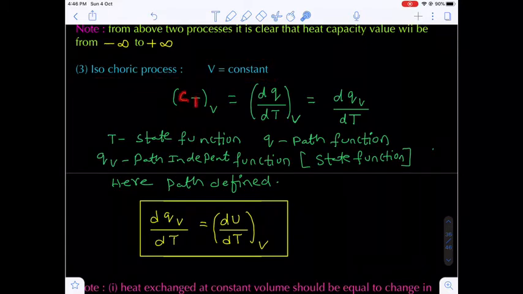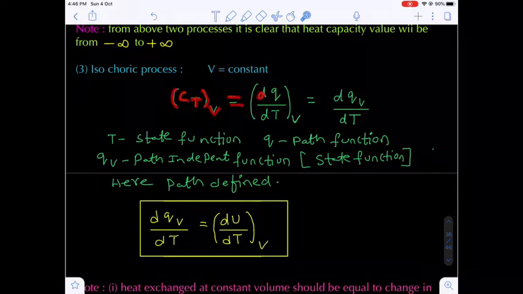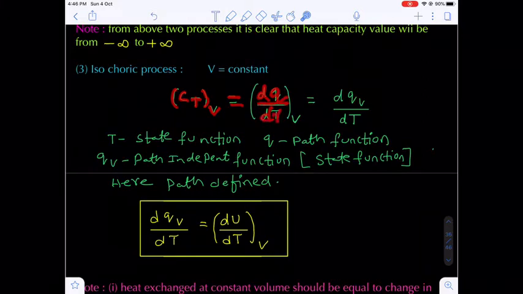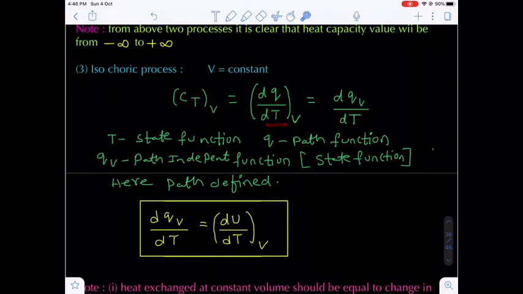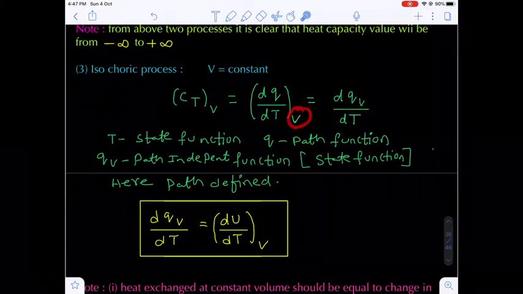Now I am taking the total heat capacity, I am putting the volume V constant. So here Ct which is equal to what? dq by dt, where volume is constant. Are you getting my point? Now here what I am doing, do you know temperature is a state function? Change in the temperature, delta T, dt. Now it is not dependent upon the path. That's why I am taking the V here, dqv. I am not writing dtv because temperature is a state function. Are you getting my point? So it is independent of the path of the transformation.